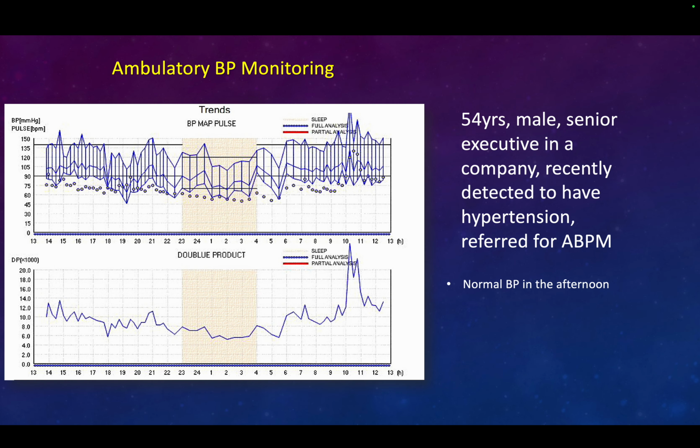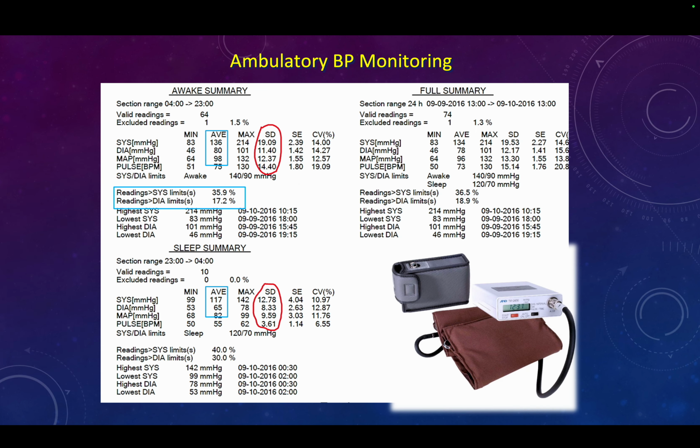And in this gentleman, we had a couple of findings. It was a normal pressure in the afternoon. You can see this, this is 5 o'clock until evening. The blood pressure was fine. There was an adequate nocturnal dipping, but there was a marked morning surge. So now this ambulatory blood pressure monitoring has given us a new insight and a new target to focus on, apart from the average blood pressure.